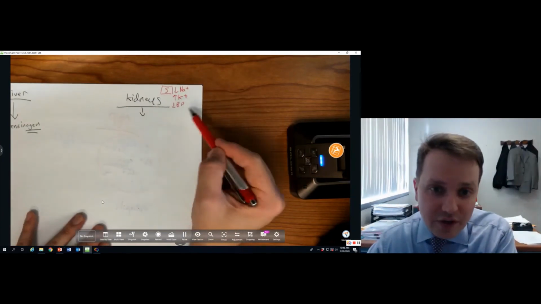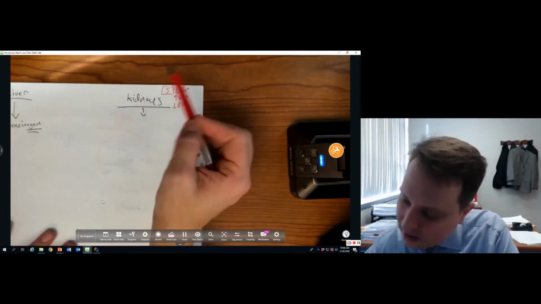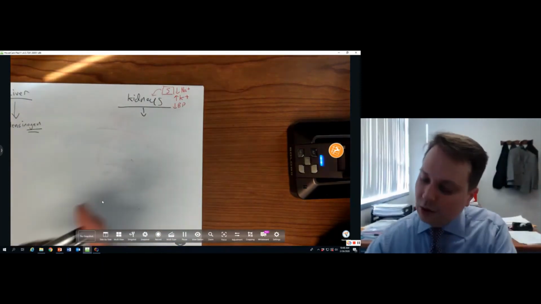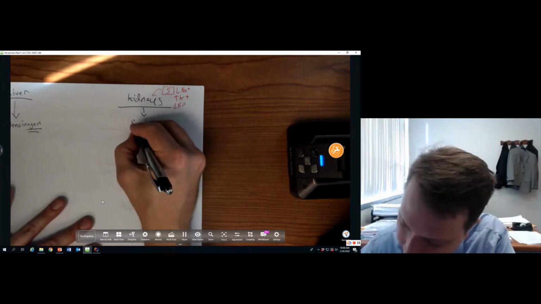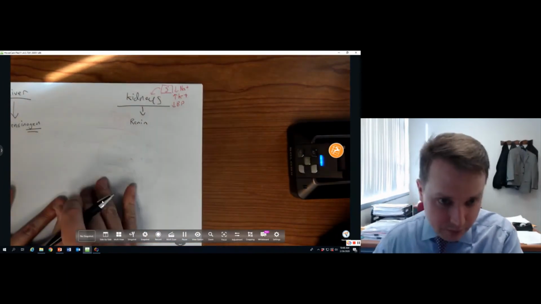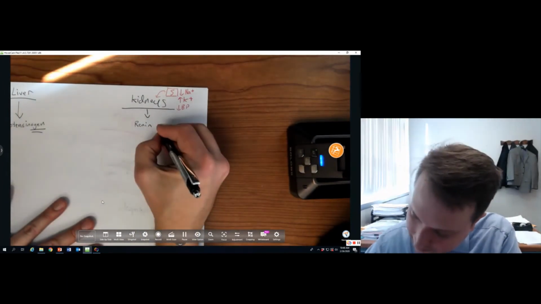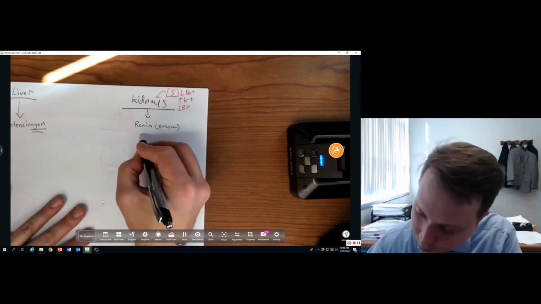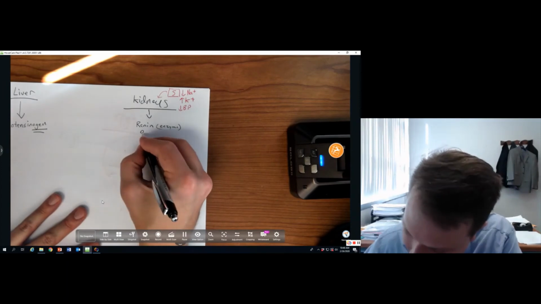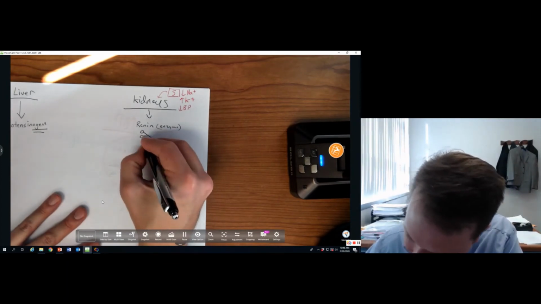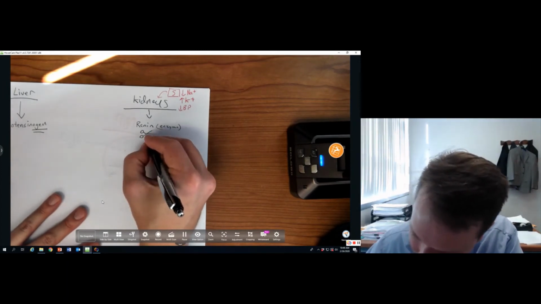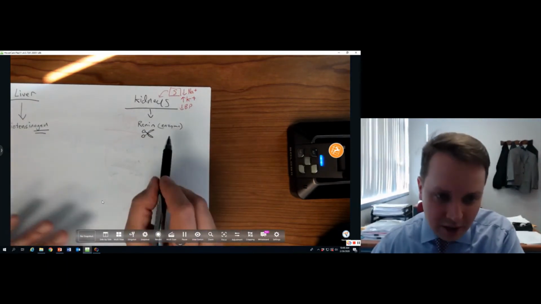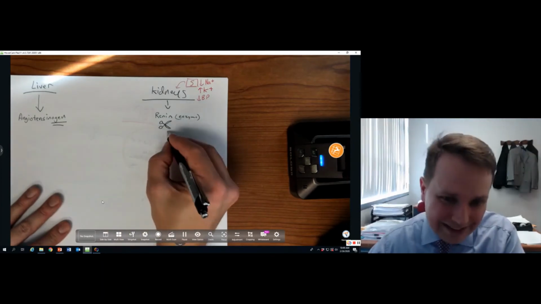These three things will stimulate the kidney to release an enzyme called renin. Renin is an enzyme, and I'm going to draw a pair of scissors. You're like, why is he drawing scissors? Why is renin like scissors? Well,